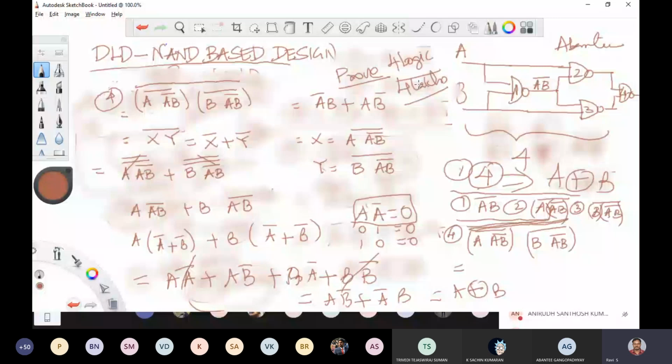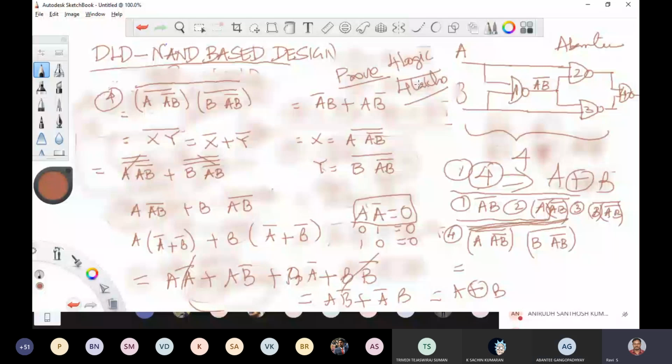Now, see, I'll take one more space here. If you take the transistor level circuit diagram of NAND logic, in case of CMOS, for your question only, I'm giving this answer. A, B are the two PMOS transistors required, and A, B, two NMOS transistors are required. So this is the NAND logic using CMOS transistors. One NAND logic gate requires 4 transistors.